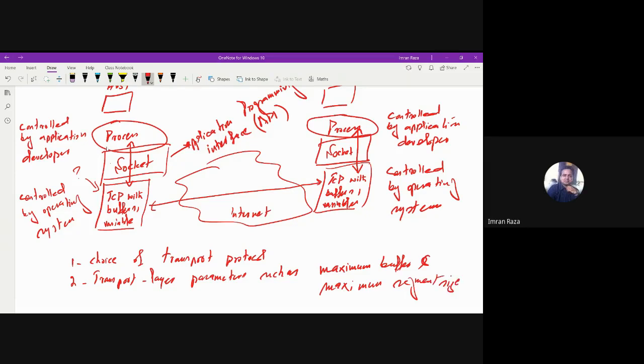The rest of the implementation is with the operating system, right? So we have to access it through an interface that we call the application programming interface.